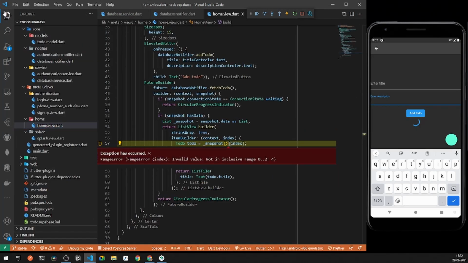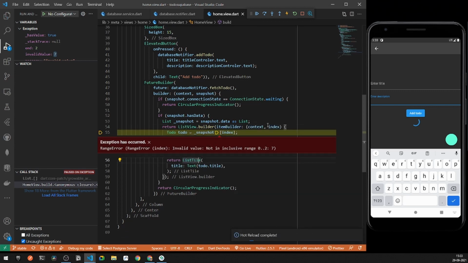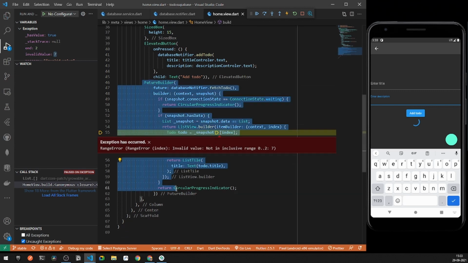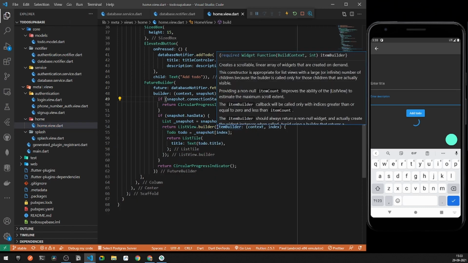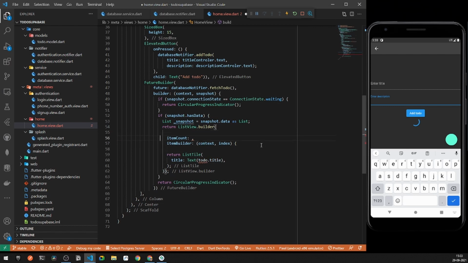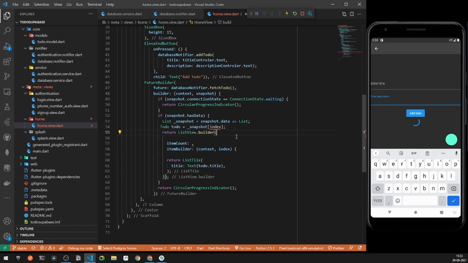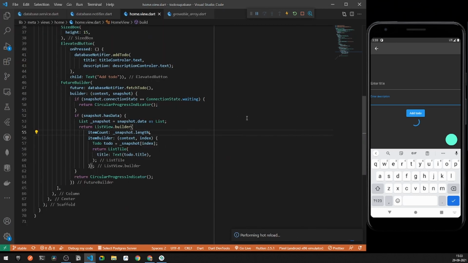I know what is the error. We have got a valid range error. So let's say string cap to be false, and also need to change this thing under a case of let's play everything, and here it will be requiring an item count as well, right? So here I'll simply say item count. So let's copy everything, and I'll say to do will be right here. So the item count will be nothing but snapshot.data. So I'll say snapshot.length. Press Ctrl and S.